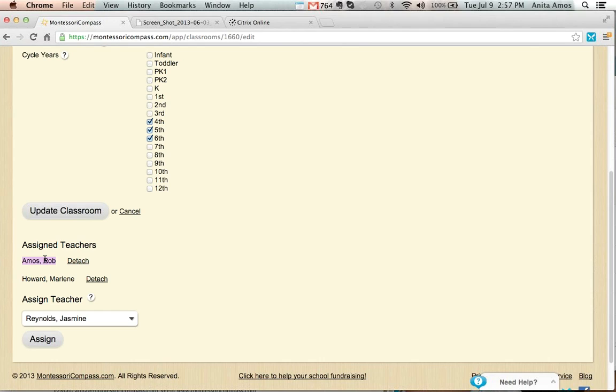Now, that's not individual parents. That will be group. So if Marlene sends out a group message and she selects upper elementary classroom and puts something on the calendar or posts something in messaging, it's going to go out to me as well. But if Marlene sends out an individual message, I will not get it unless I am CC'd.